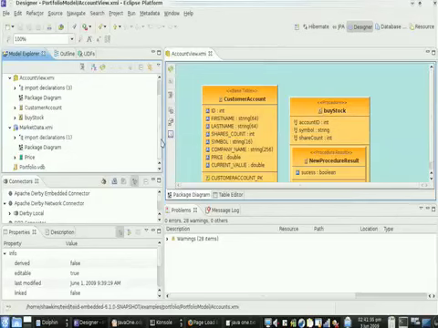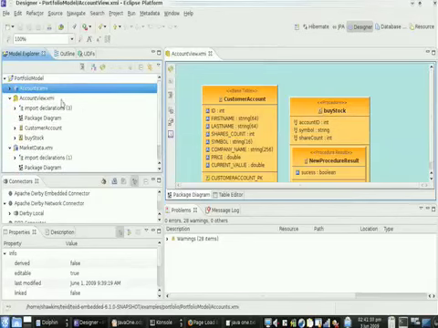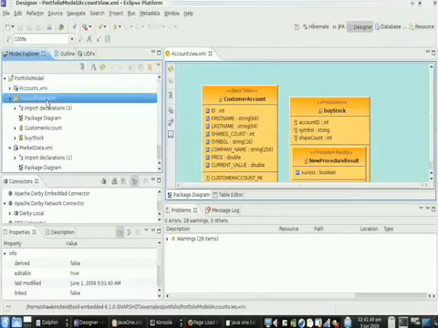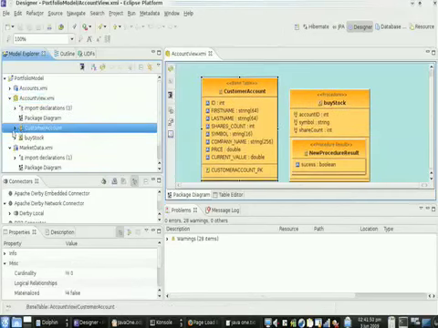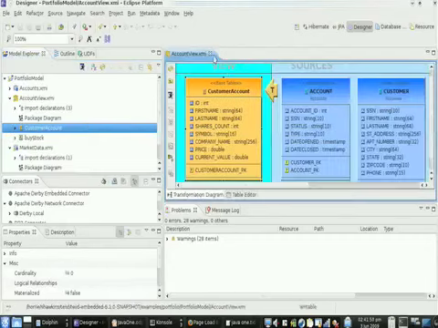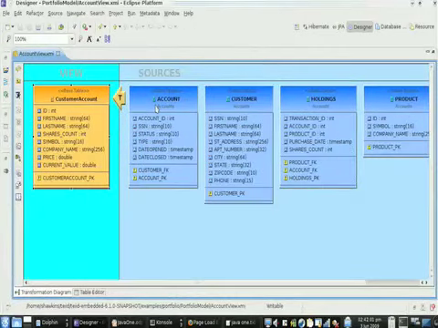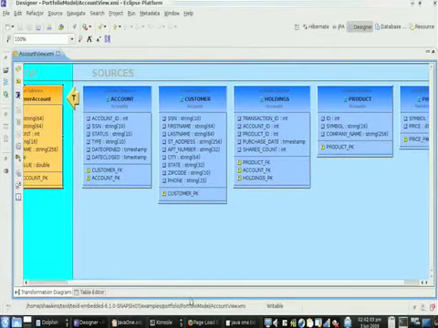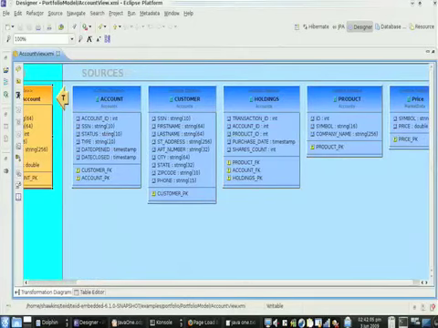When I look at the accounts model here, what I can see is that I've got 4 tables coming in. This looks like any kind of database browsing that you might do. I can see my columns, the data type of those columns, some keys. All of these pieces of metadata are fed into the runtime, and we'll see that in just a minute. So by itself, what we have here